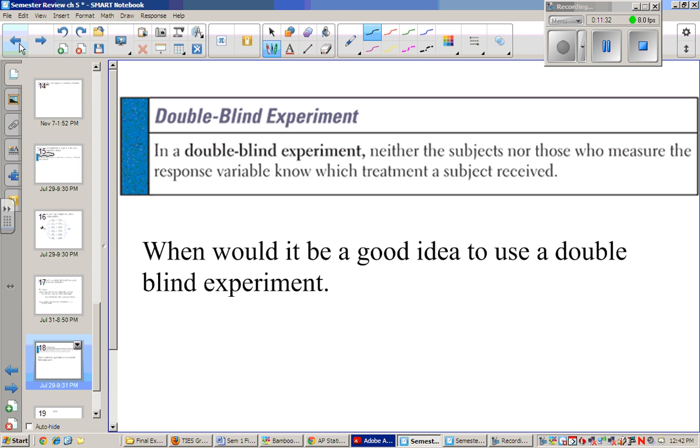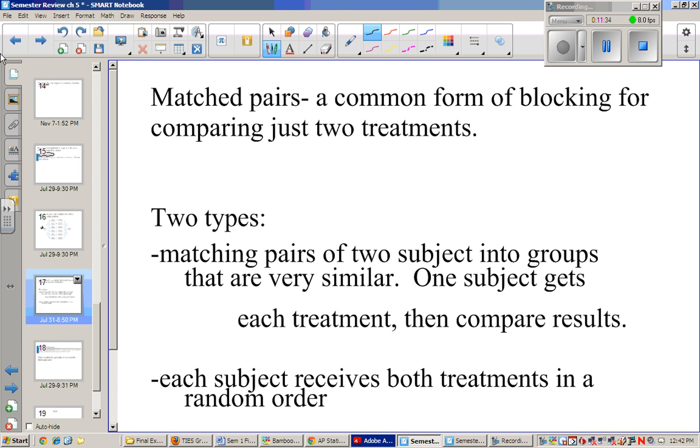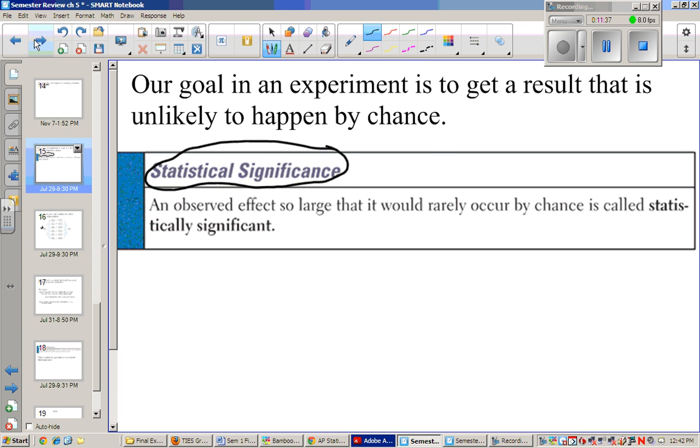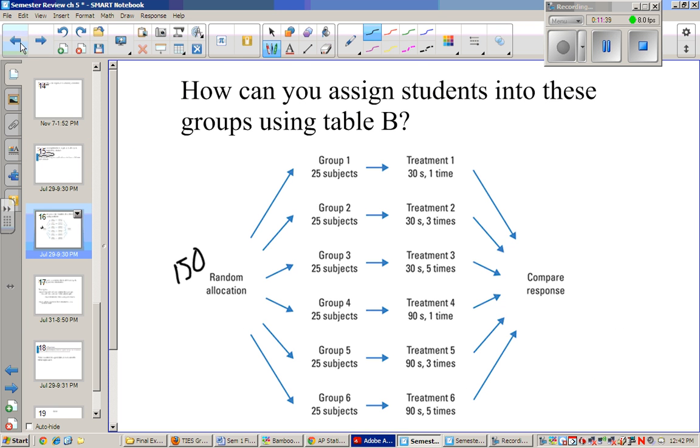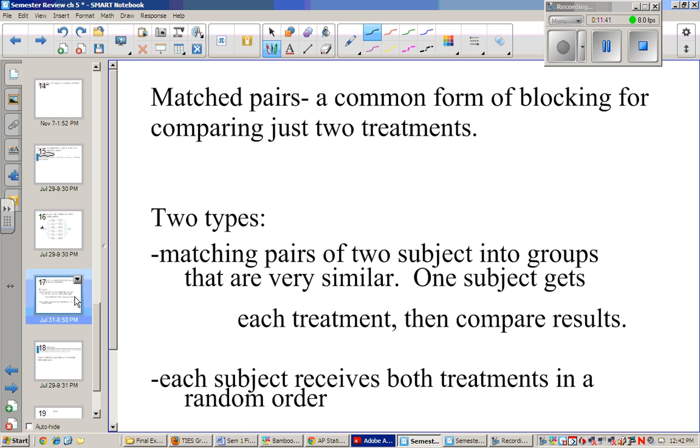For instance, oops, um, I don't know where that page went. Um,